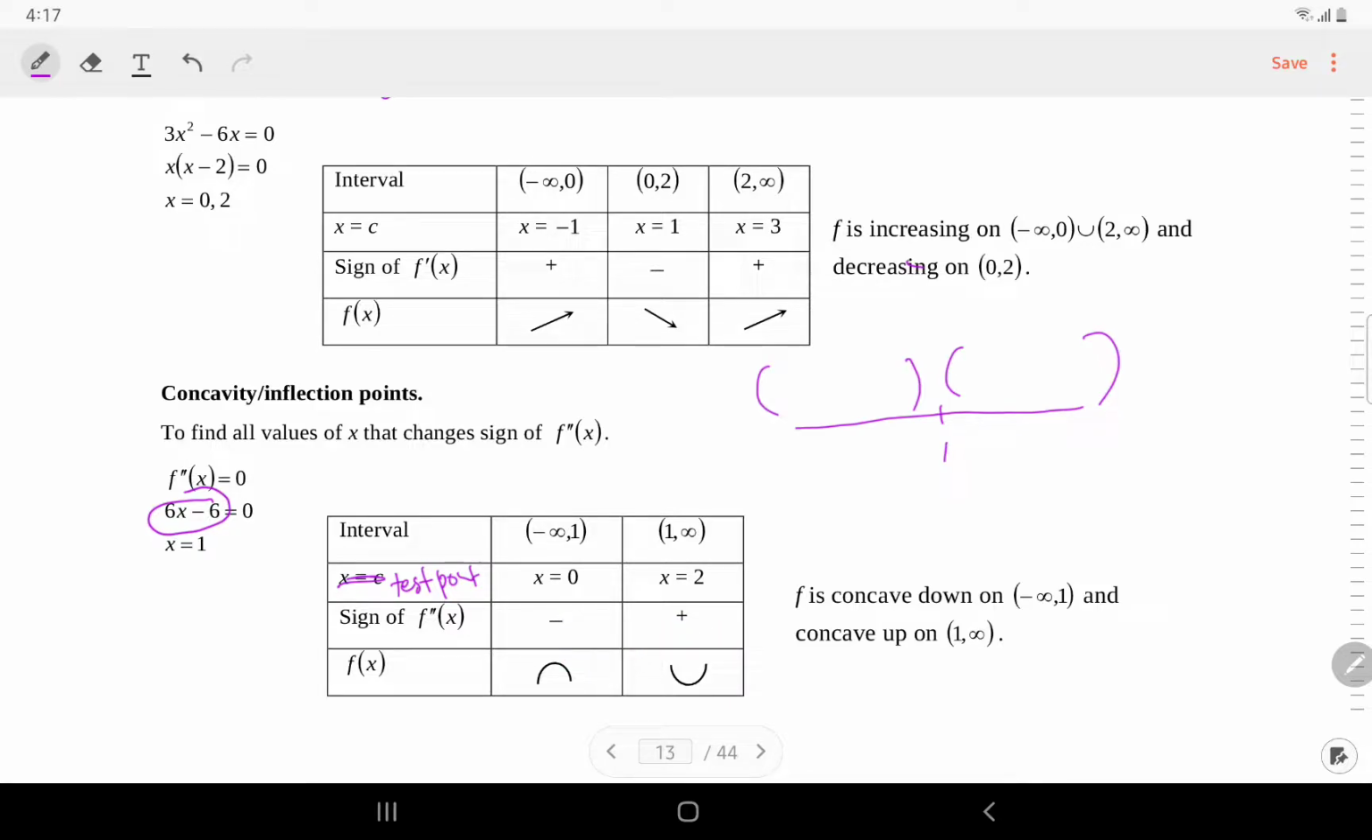So, negative meaning that it is concave down. Positive meaning that it is concave up. So, kita buat ayat macam ni. The function is concave down on this interval and concave up on this interval. Okay, you all tengok